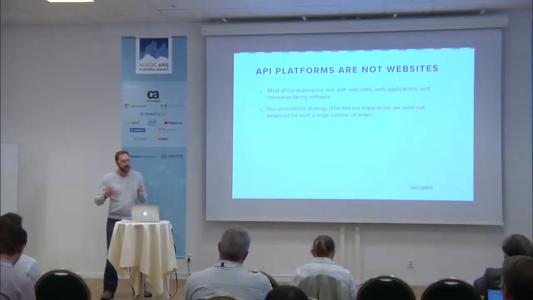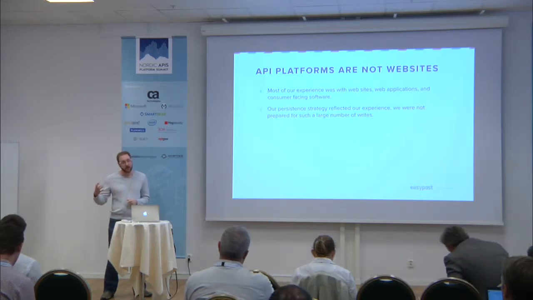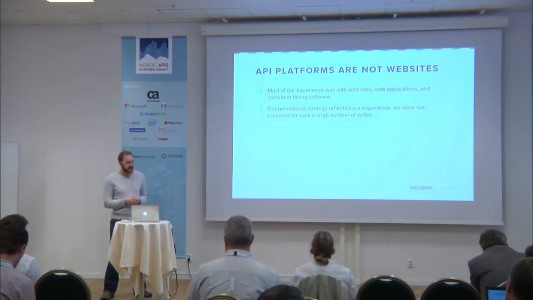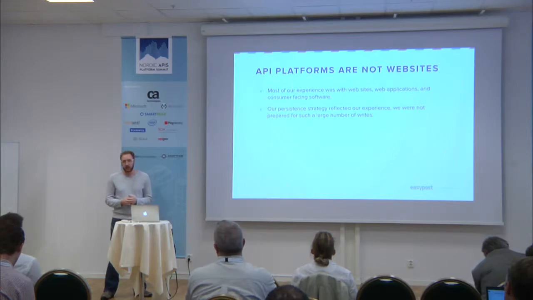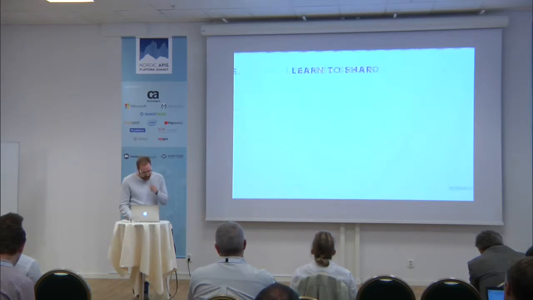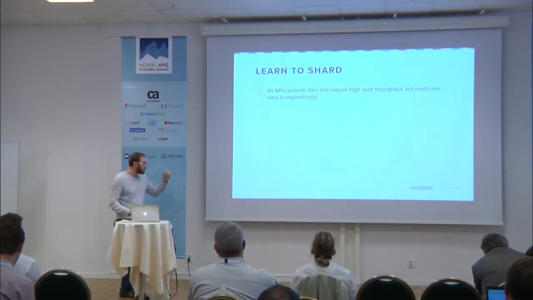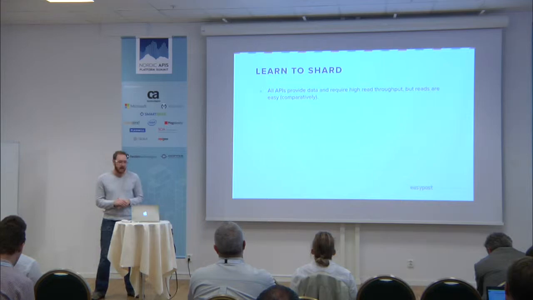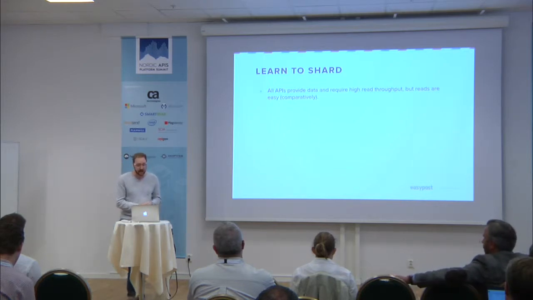We were very read heavy, but with an API, because you're not necessarily providing a consumer-facing application, you're probably providing a piece of business functionality, you're probably going to have a lot more writes than reads. So this was a big mistake we made in our architecture. We were not prepared for this. The solution is we learned to shard. All database developers know about sharding. Everyone's probably begrudgingly done it in their past,